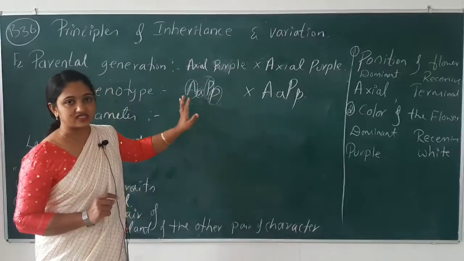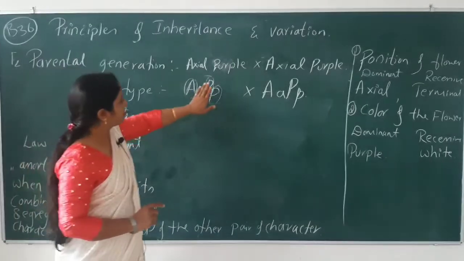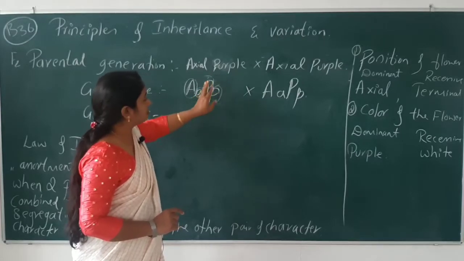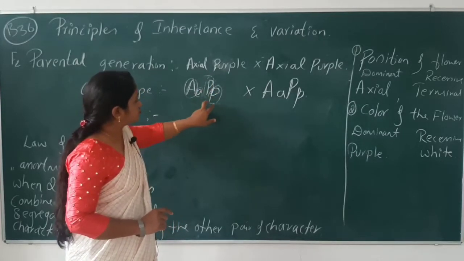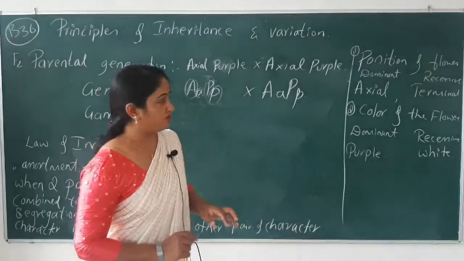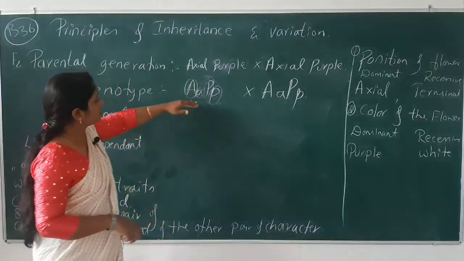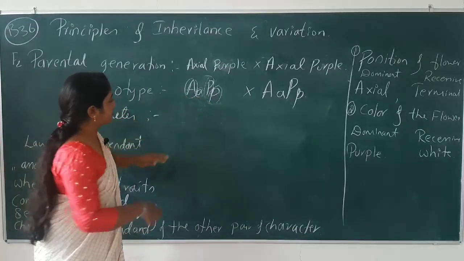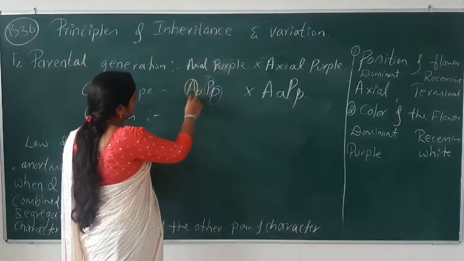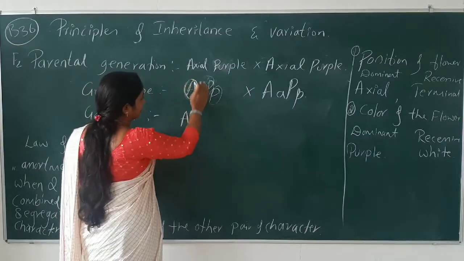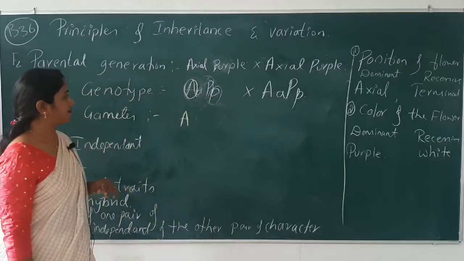So, contrasting character we used to say. Out of these two, this will be the dominant gene, and this will be the recessive one, as you know. So, at the time of gamete formation, 50% of the gametes take the dominant gene of one contrasting character,